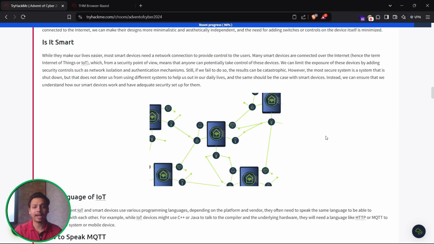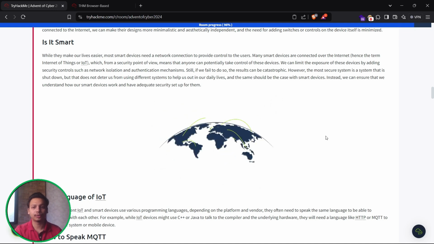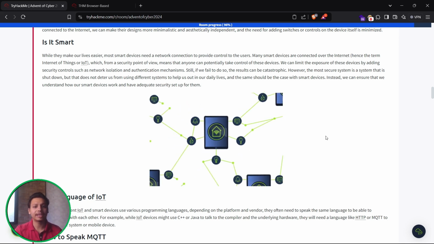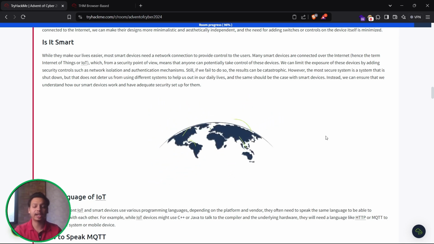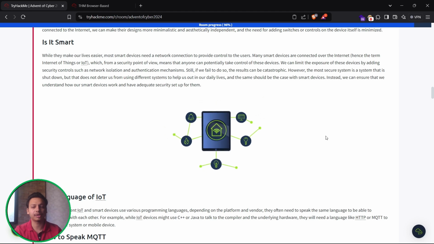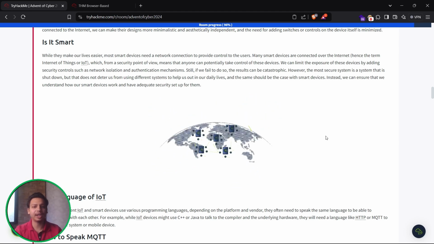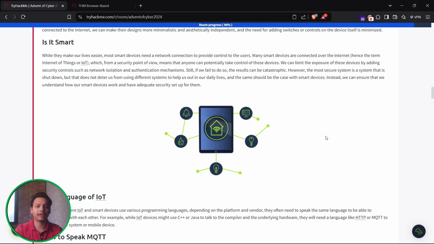Many smart devices are connected over the internet, which we call IoT, the Internet of Things, which from a security point of view means that anyone can potentially take control of these devices. We can limit exposure of these devices by adding security controls such as network isolation and authentication mechanisms. Still, if we fail to do so, the result can be catastrophic.